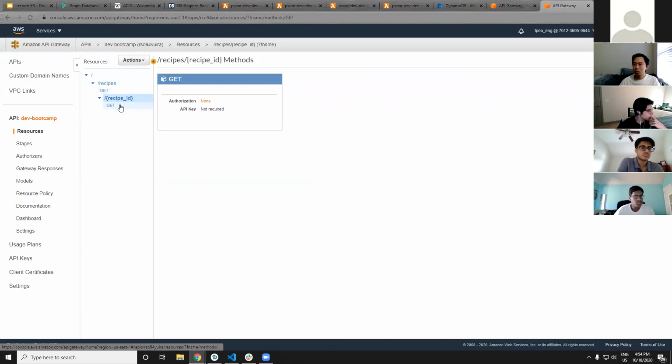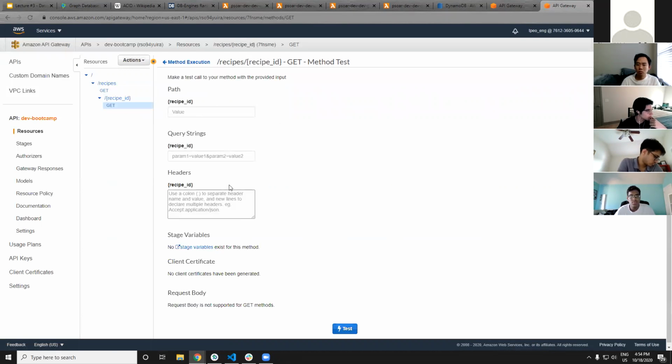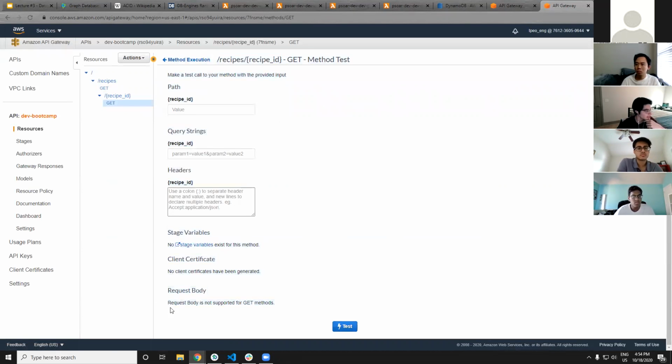So here, since this is a GET, do you see anywhere to have the request body? The request body is not supported by GET methods, right? You can't put anything in the body. You can only put it in the path. But for a POST,